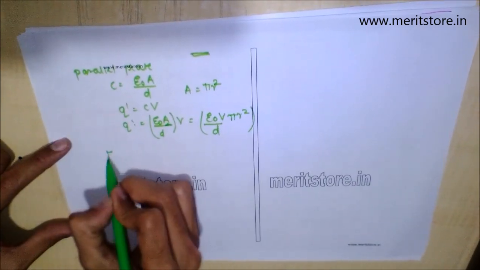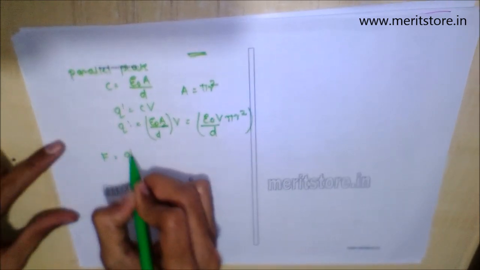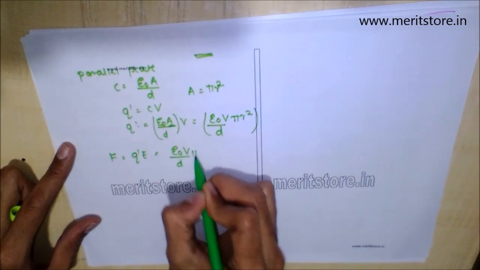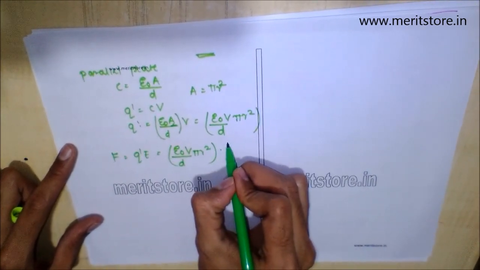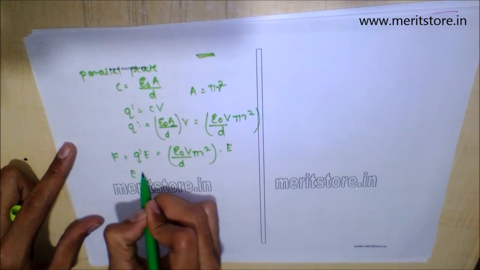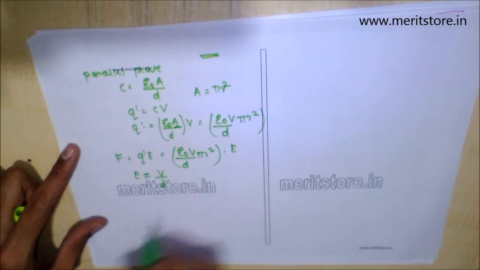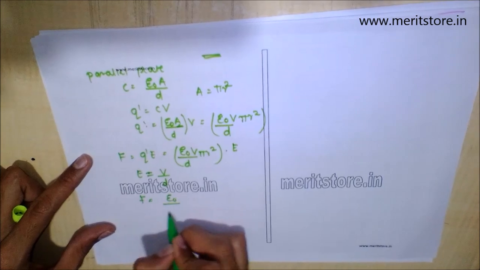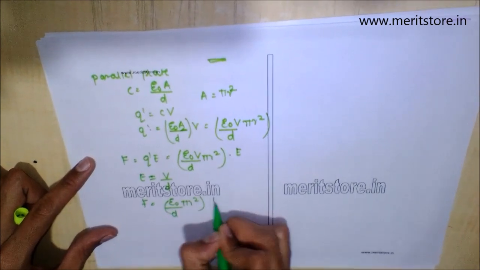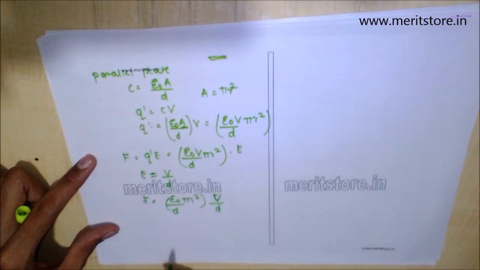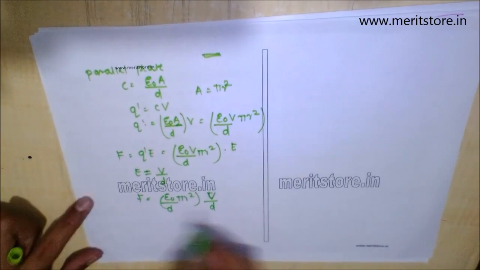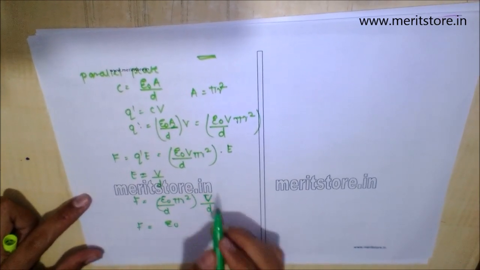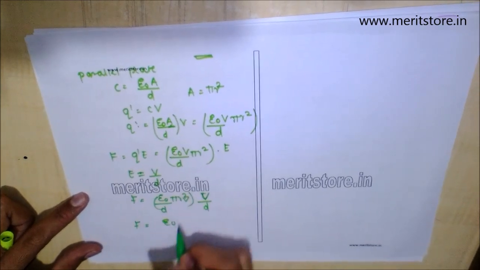Now the force acting on the disk is given by Q prime E, where Q prime is given by epsilon naught V upon D times pi r square, into the E. Now here the electric field intensity is given by V upon D, that is voltage upon the distance, as we calculated earlier. So the total force becomes epsilon naught upon D pi r square E, where E equals V by D. So this is the total force which will be acting. If we calculate the entire thing we get epsilon naught, and here there is also another V, so it becomes,